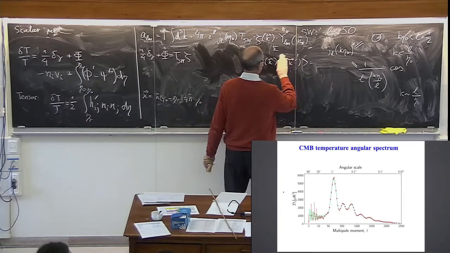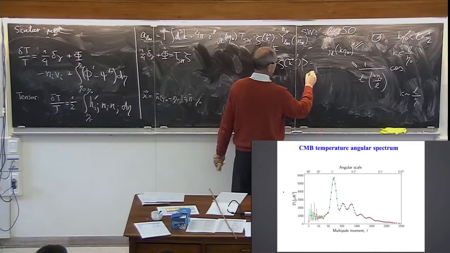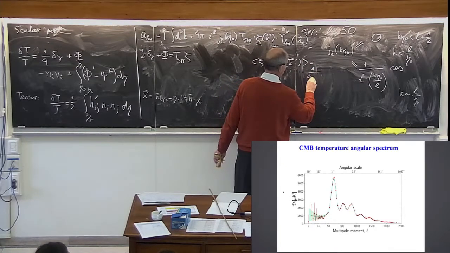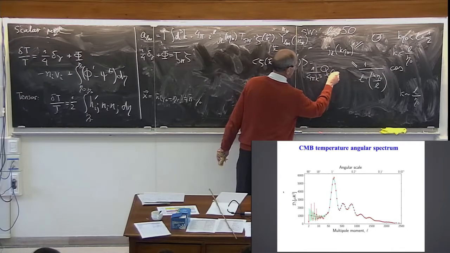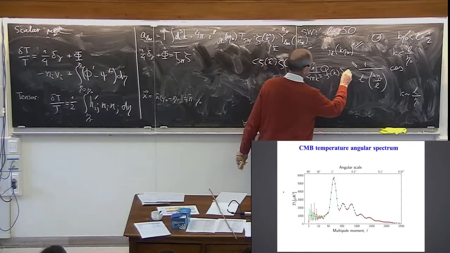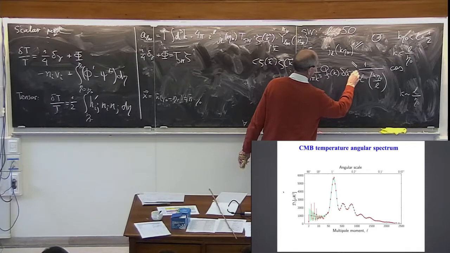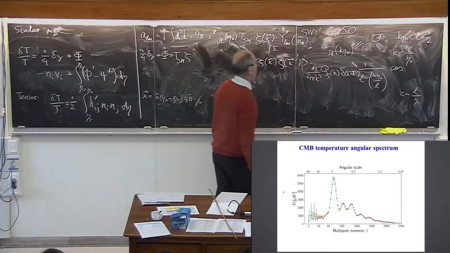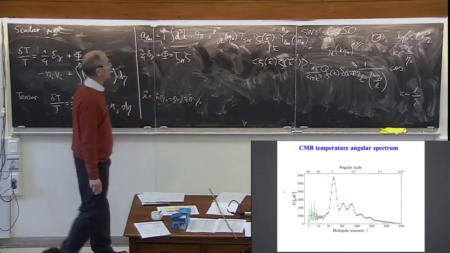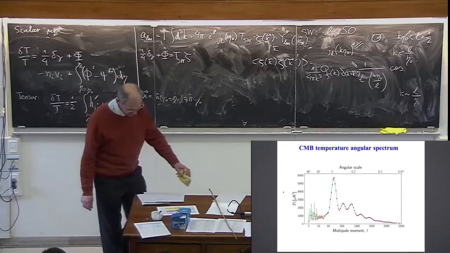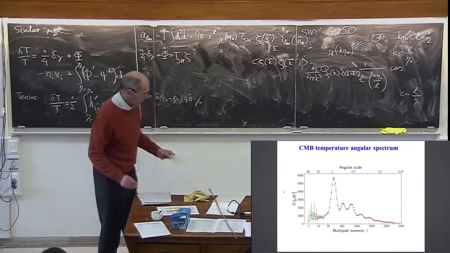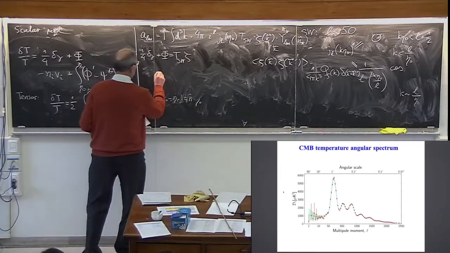Let me write this as 1 over 4 pi k cubed P_zeta of k times delta of k plus k prime. You plug this in here, take the square, and in the end you get the following formula that C_L, which is 1 over L(L+1),